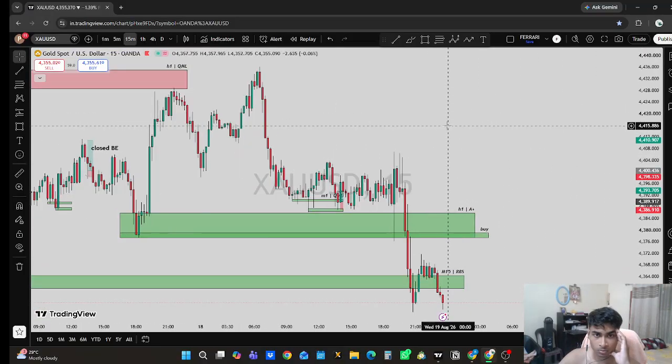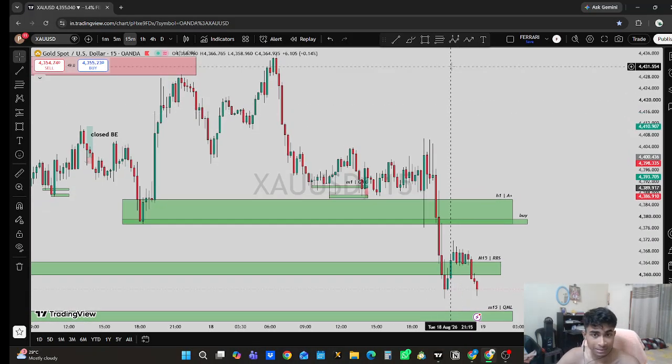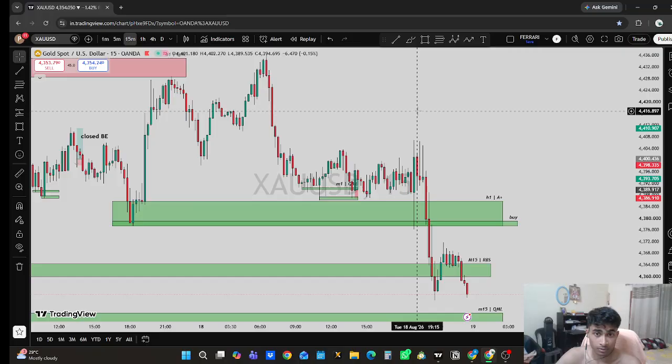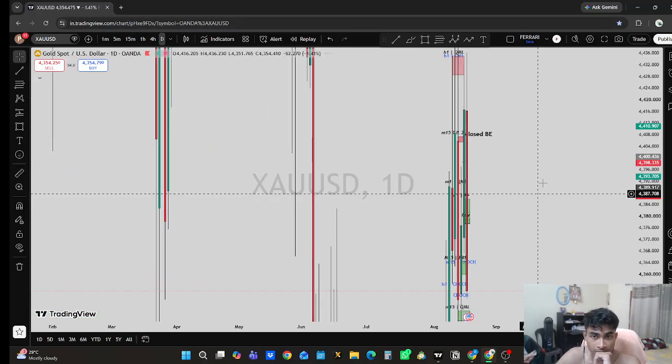So if we look at that point of view, and one more thing, daily hasn't changed its character yet. It is yet to change its character because it's very nearby to give a change of character, right? Yesterday it was too bearish, still bearish. So we have to keep that in consideration. But I did it, and it's not a mistake, by the way. I don't consider that a mistake because market might give a change of character today, but it didn't.